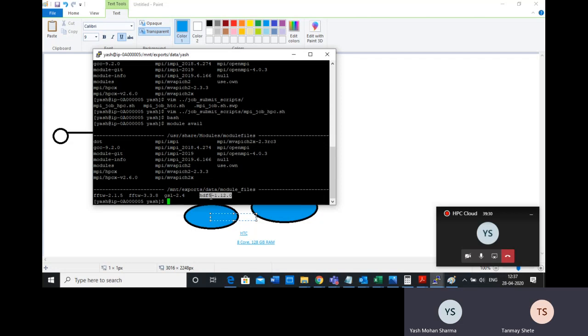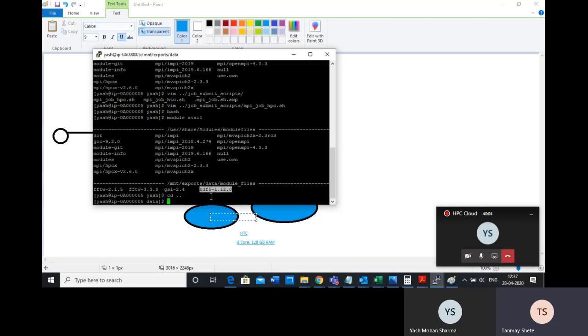In case I install some third-party module, do I have to install it in my specific folder or in the binary folder, if it is specifically for my purpose, my program only? That is a good question. If you think it's only for your purpose, then you install it inside the Yash folder, your directory only.